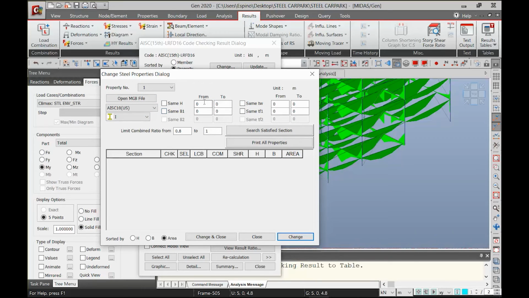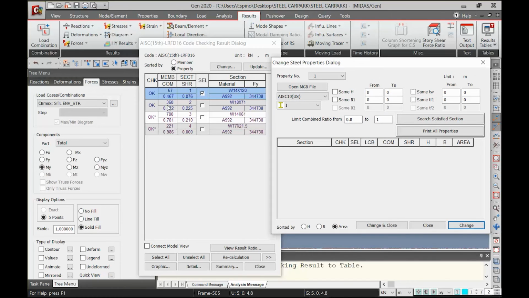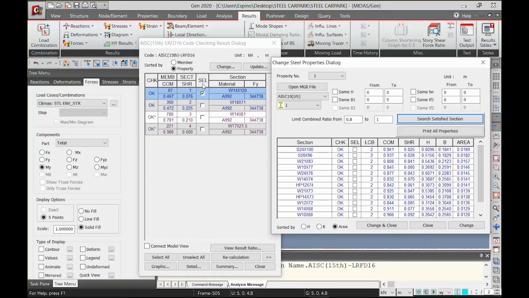and I can set a specific combined ratio for the structure or for the element that I want to check, considering 0.8 to 1. I can just check which element or section passes using these combined ratios. So I can just search the satisfied section based on the results,